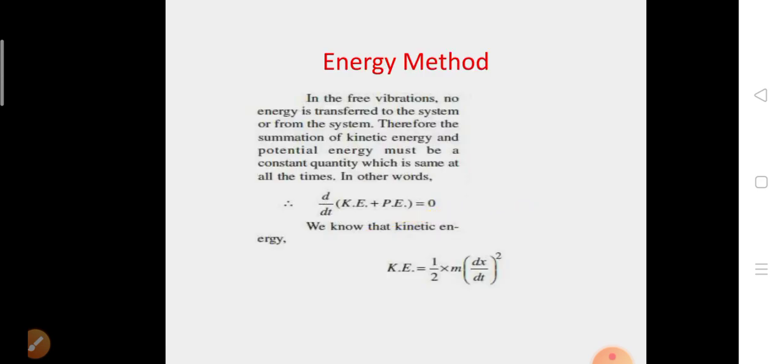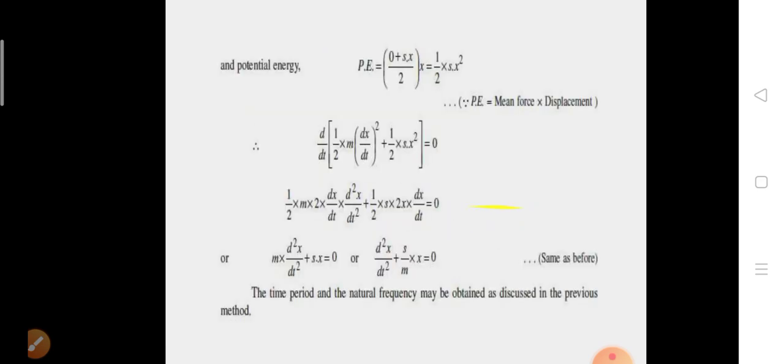Okay, so from both methods, that is, from the energy method and from the equilibrium method, we are getting the same value of frequency of longitudinal vibration, that is, frequency is equal to 1 upon 2 pi under root k by m, or under root s by m, or under root g by delta, or frequency is equal to 0.4985 upon under root delta. And what is the value of delta for longitudinal vibration? Delta is equal to PL by AE, or FL by AE. Okay, so this is your second method, the energy method.